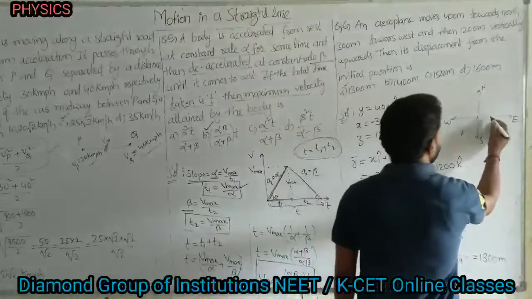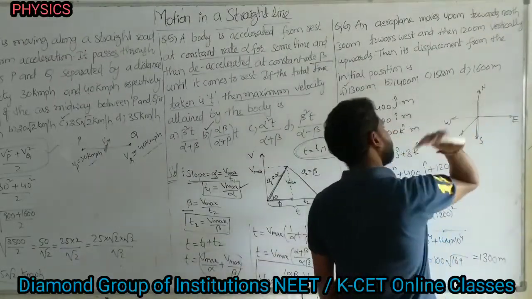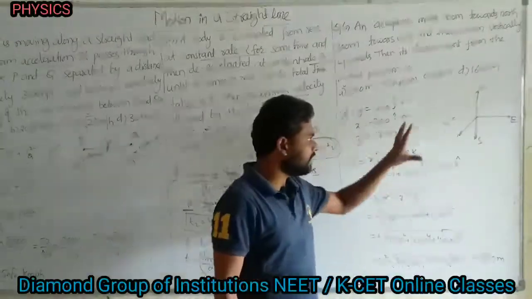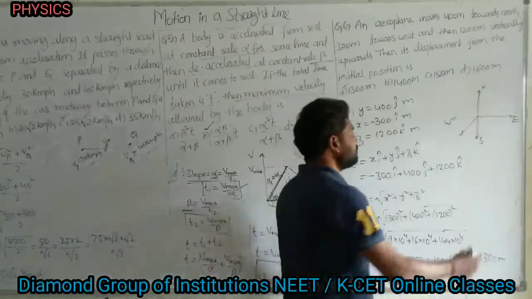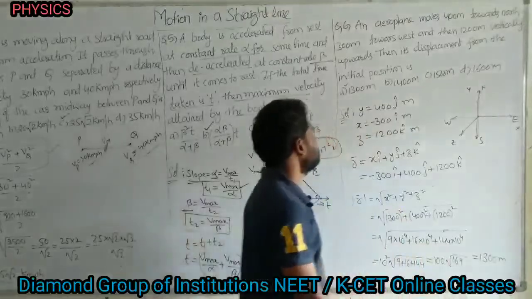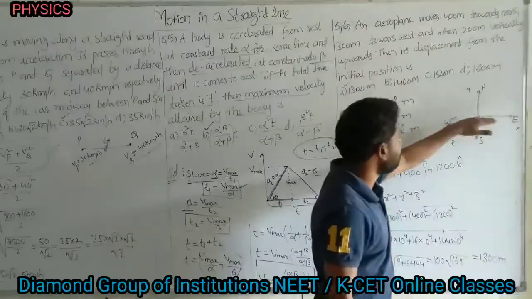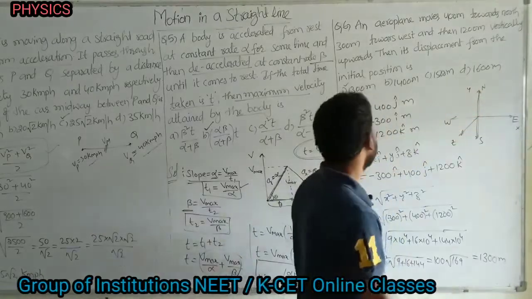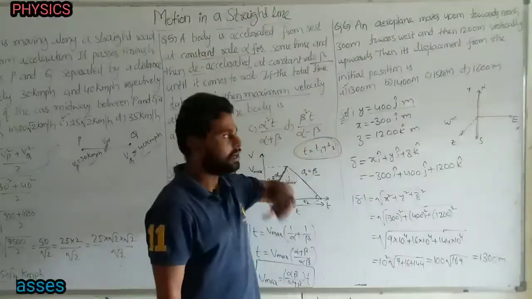This side is the east, this side is the west, here north, here south. This is the vertically upward direction, that is inside. We have to compare this with the coordinate system. That means this is the x axis, this is the y axis, and this is the z axis. First, the aeroplane moves 400 meter toward the north. We consider north as the positive y axis, so 400 j cap meters in the north direction.